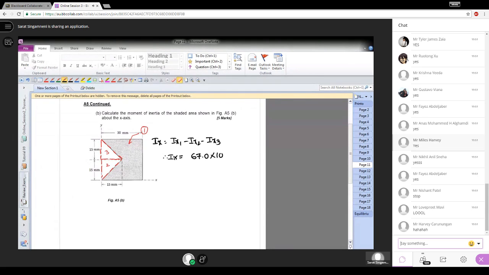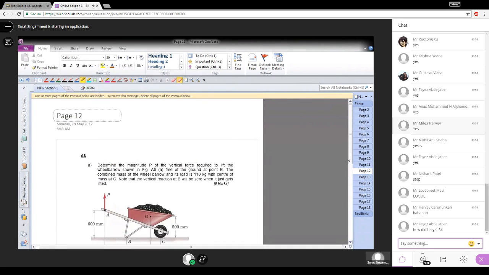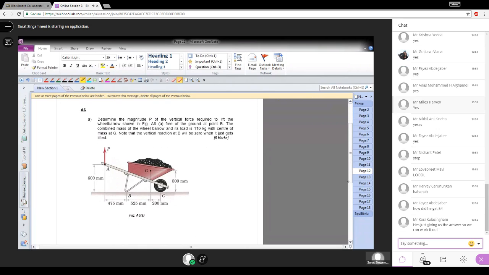67.0 times 10 power, no, sorry, 54 times 10 power 6 millimeter to the power 4. That is the result you will be getting. By that form, in this problem, you need to solve. Determine the magnitude P of the vertical force required to lift the wheelbarrow shown in figure A6A free of the ground at point B. So free of the ground at point B means it will not have any reaction at